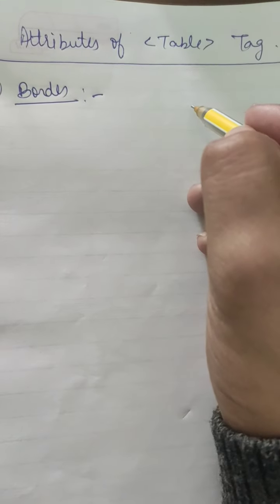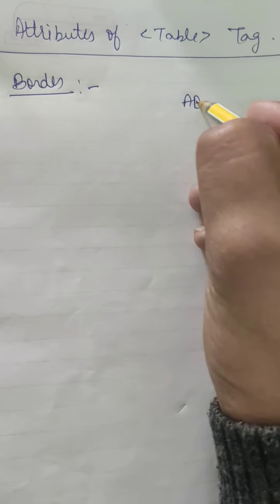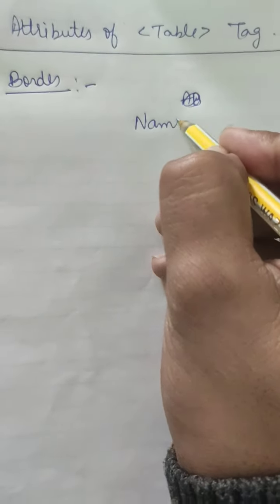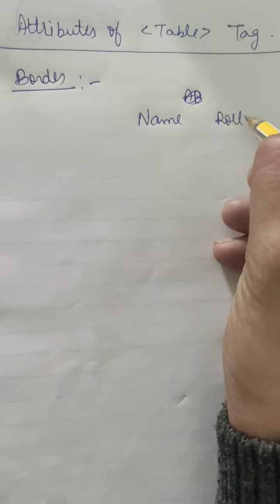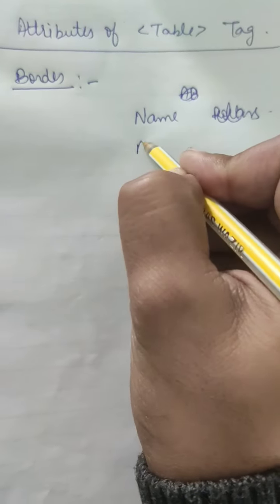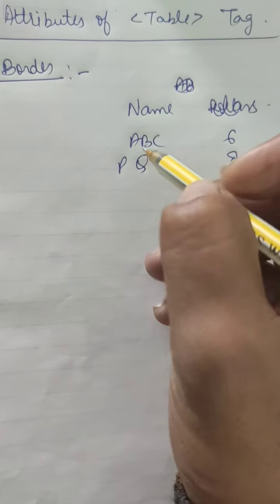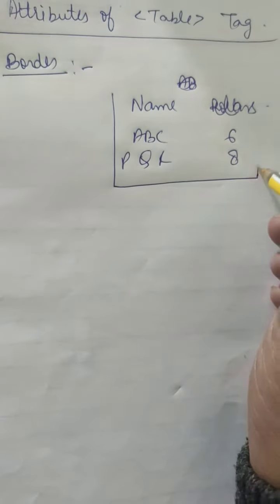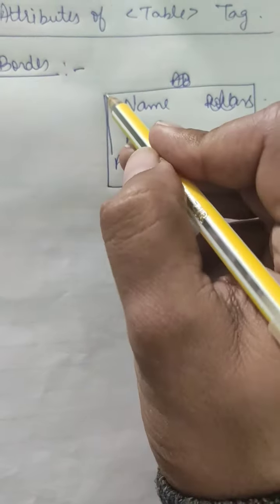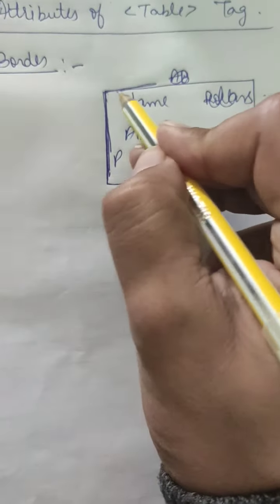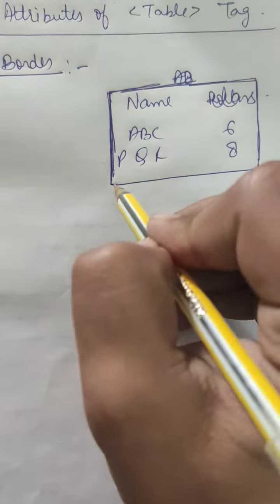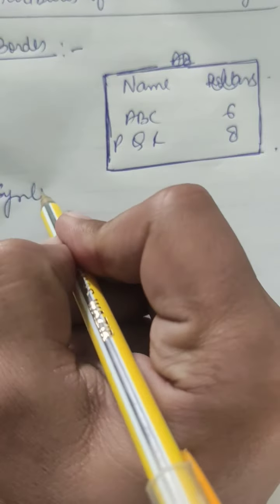For example, suppose I have the data from the previous video: name, roll number, and class. Then we have ABC 6, PQR and 8. Here we do not have any border. So if you have to provide a border, then the border attribute will be used, and the syntax will be